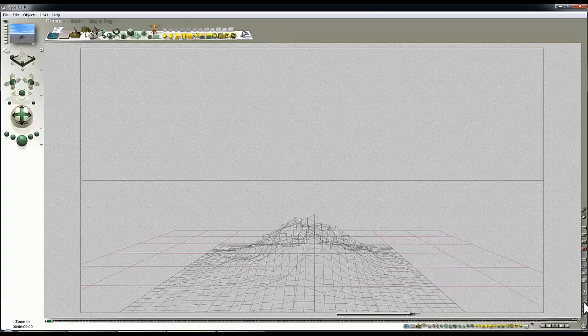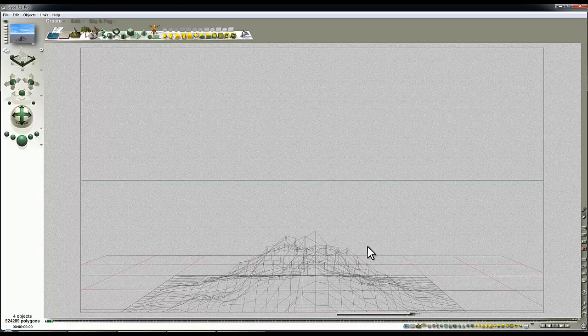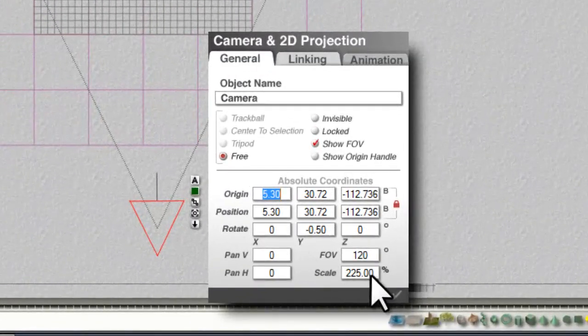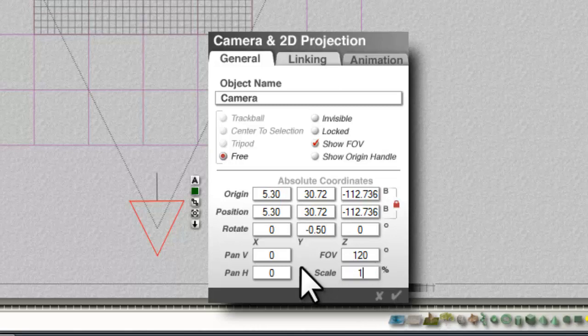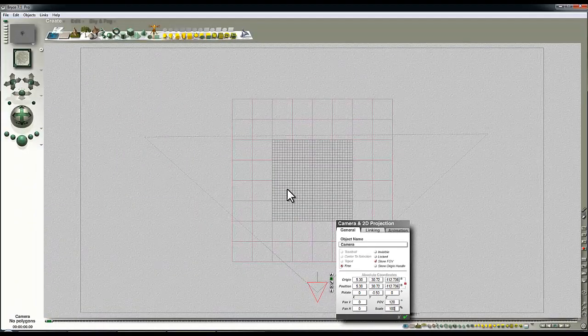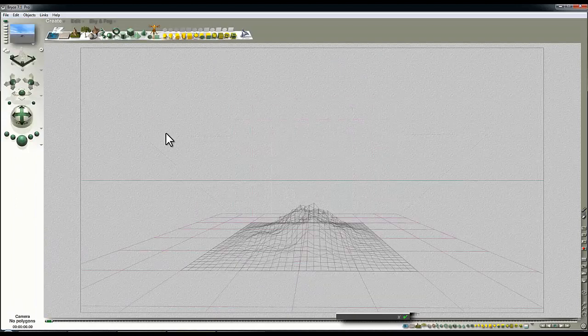So I'll just zoom in once, twice, and then go to the overhead view pressing 2, and go to the attributes, and you can see the scale's been modified, and you can lose track really between scale and field of view. So I prefer that to be at 100 and not zoom in and out when I'm working from the perspective camera. So keyboard shortcut 1 again, back to perspective camera view, and we'll consider now our terrain while we're at it,